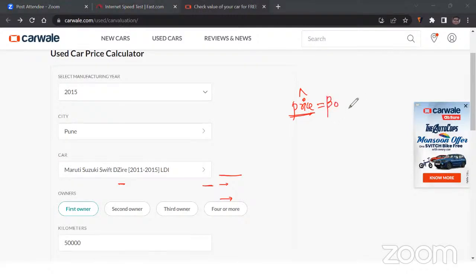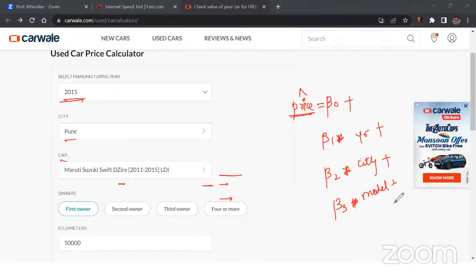So this is beta naught, plus beta 1 into what is the first thing? Year of manufacture. So year, plus beta 2 into what is the second? City. In which city are you using it? So this is the second variable, plus beta 3 into the make or the model of the car, right? So it was Desire that we selected, plus beta 4 into whether you are the first owner, second owner,